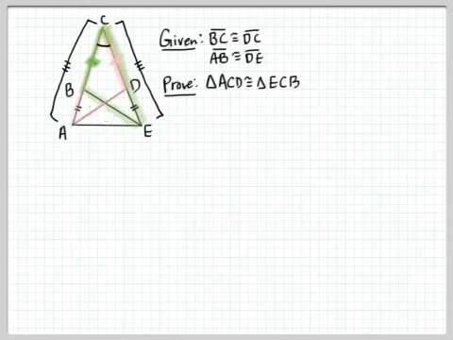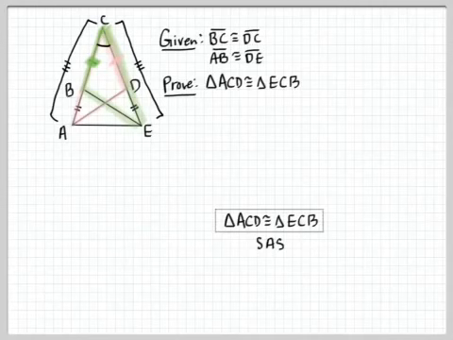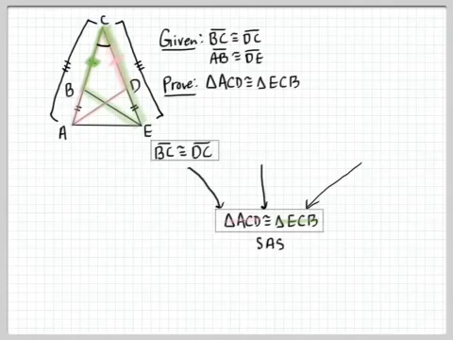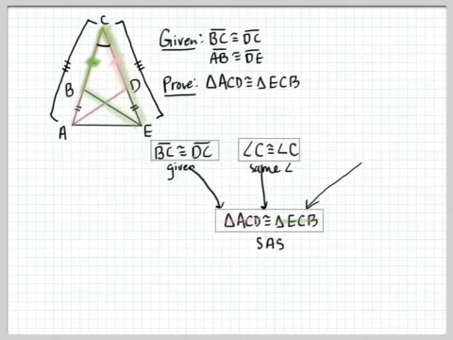So let's look at how this writes up. We're going to prove the two triangles are congruent by SAS. I always start with the triangle congruence because that's sort of the linchpin of everything. So now I have to assemble my information. So I've got the pink and the green triangles are congruent. So BC congruent to DC is one pair of sides, that's a given. The angle at the top, angle C congruent to angle C, that's just because it's the same angle, same exact arc. And now the other pair of sides, is this